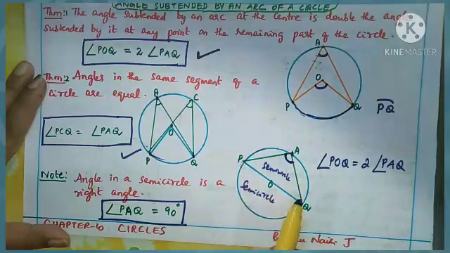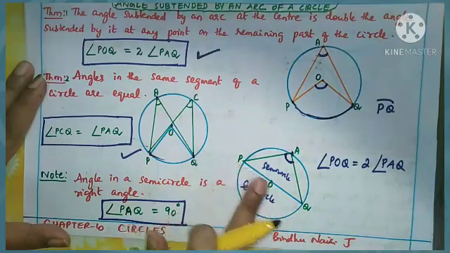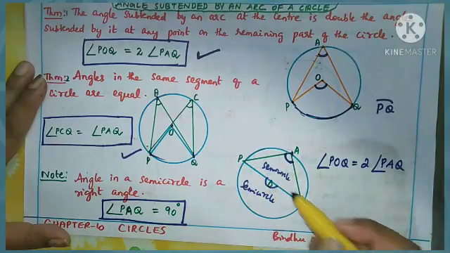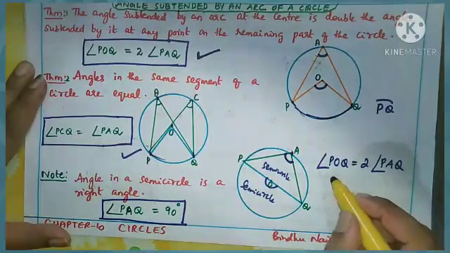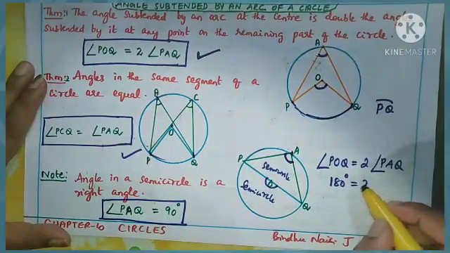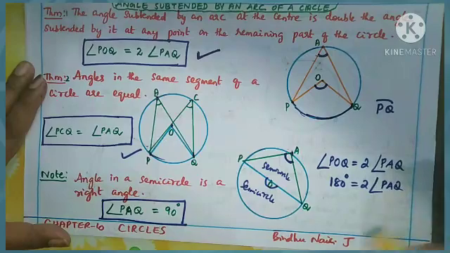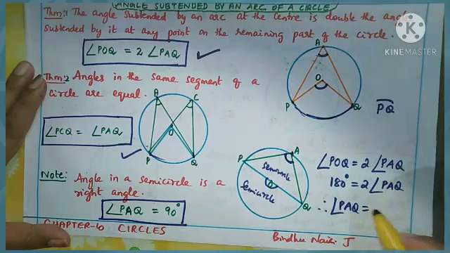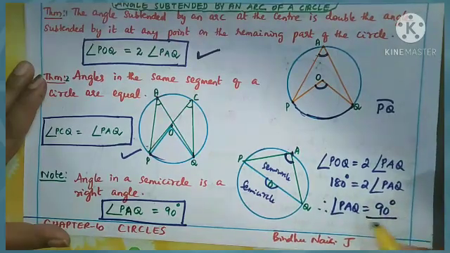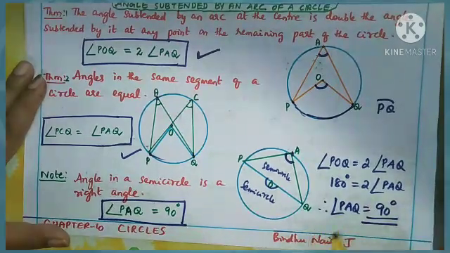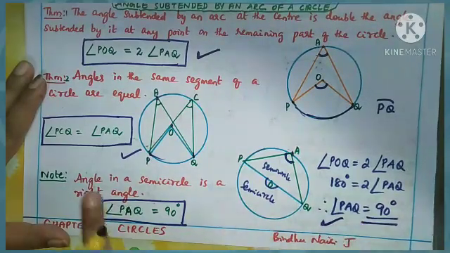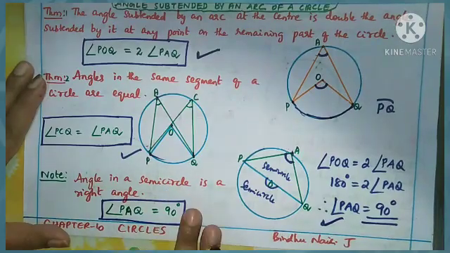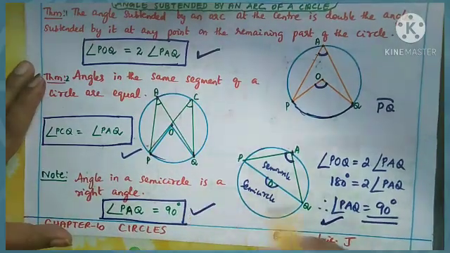And here you see, because this is a semicircle, the angle formed by POQ is what? It is a straight angle. Okay, so this is 180 degrees. So 180 degrees is 2 times PAQ. Correct? So from here we get, therefore, angle PAQ is equal to 180 by 2, that is 90 degrees. Okay, so this is the reason for this theorem, that is, the angle in a semicircle is a right angle. So this result also you want to keep in memory.